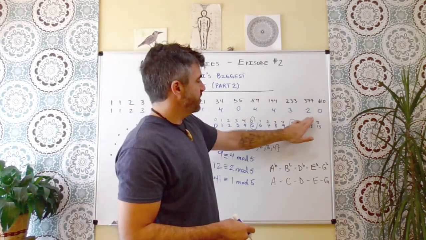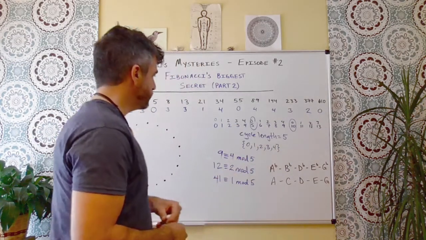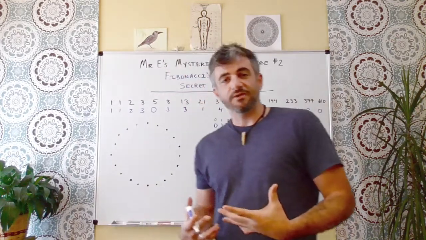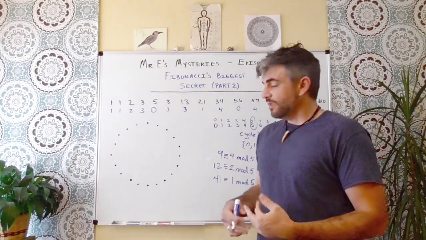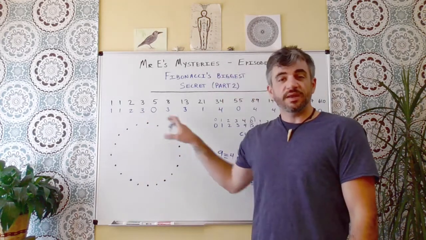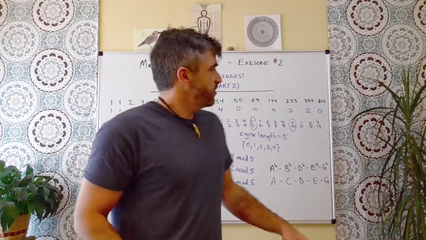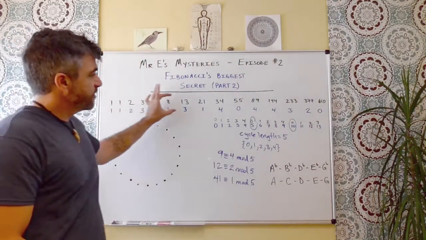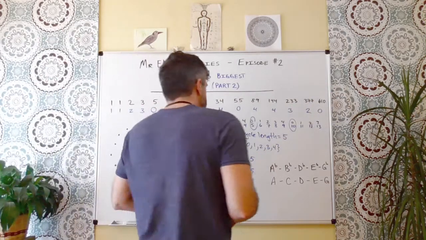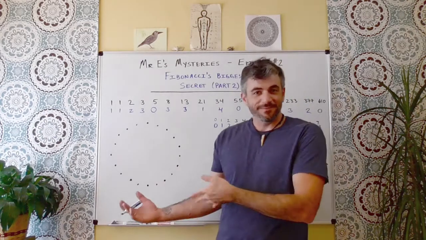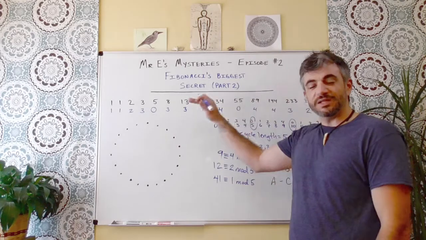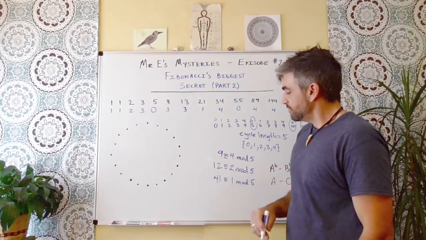So let's check out 2 plus 0 is going to be a 2. So we can go ahead and look at this and know that it's going to cycle forth as we saw in episode 1. So I already know that I'm going to have some sort of a finite cycle or a loop, as I saw in episode 1. And if you'd like to continue out this Fibonacci recursion, you can with a list, or let's turn to a cycle. I already know the cycle length ahead of time. It's going to be a cycle length of 20, but you can list it out linearly if you'd like on your paper. But I'll turn to the cycle.